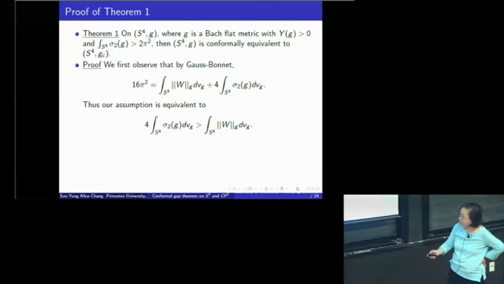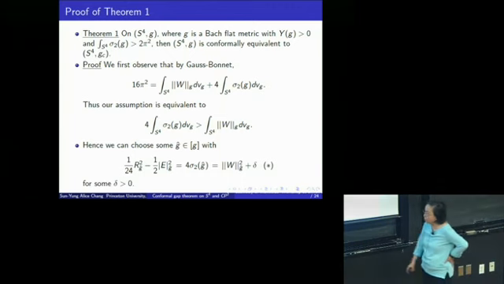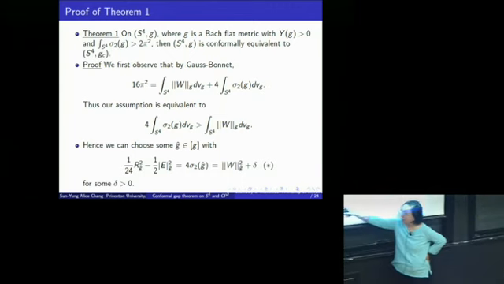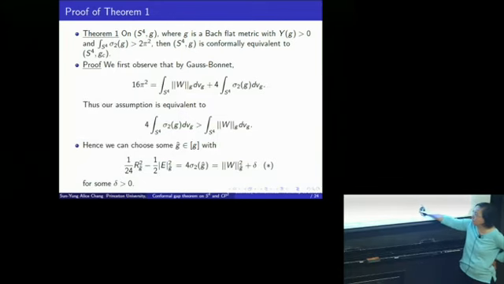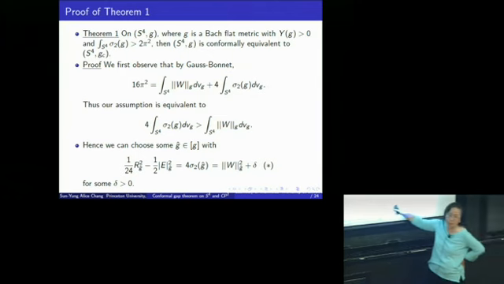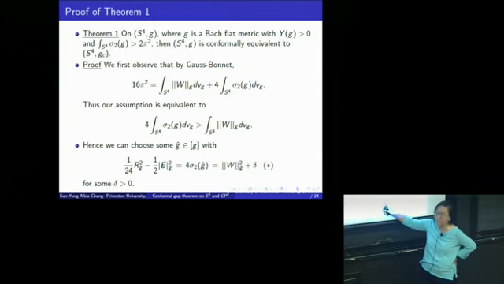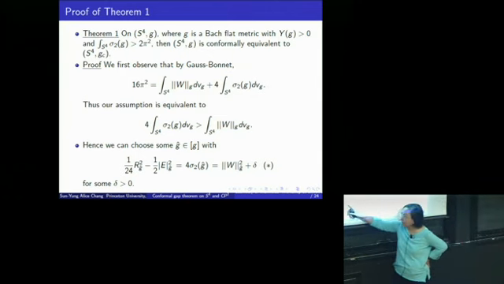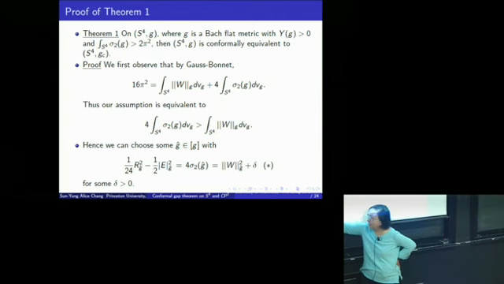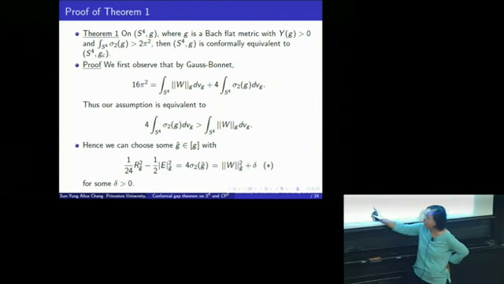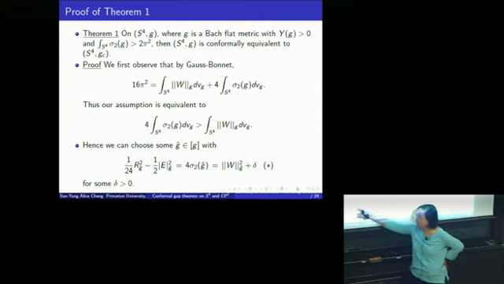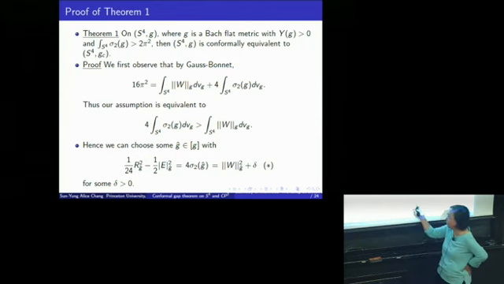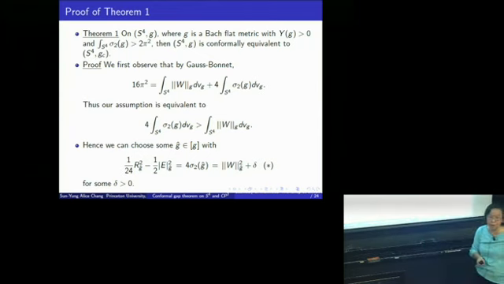That means that you can choose a metric such that this is equal to the Weyl square plus something positive, some delta positive. So let me rewrite this sigma 2 of g as scalar squared minus 3 times traceless Ricci squared. So this equation gives you a pointwise relation between scalar, traceless Ricci, and Weyl, some control of the norm.